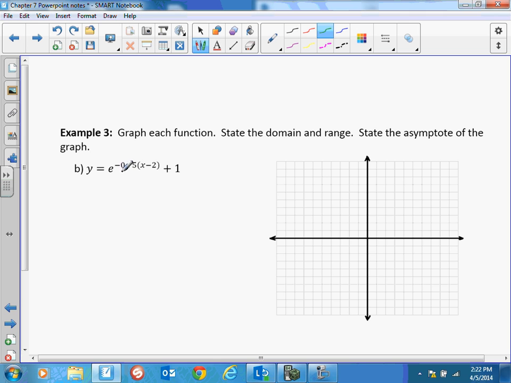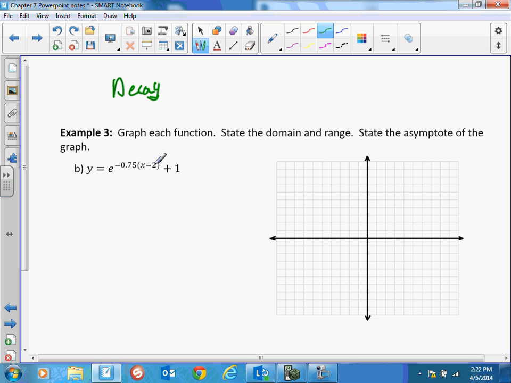Now this one, notice the negative 0.75. Right away, if I had to guess if it's growth or decay, because of that negative 0.75, I would guess it's decay. You don't need to put that, but you might need it for your homework, so I want you to know that. Also, just to get practice, it doesn't say to transform it, but because that's x minus 2 right there,